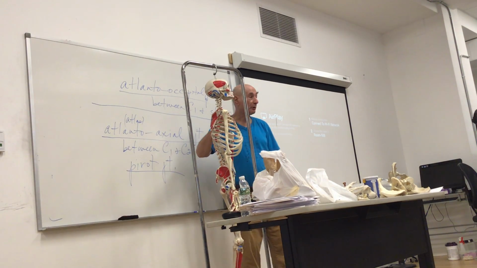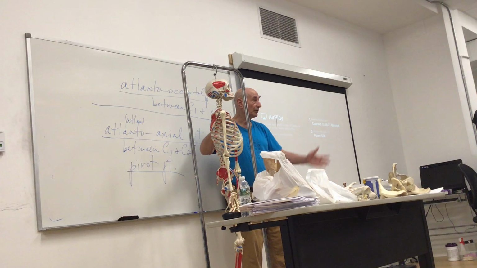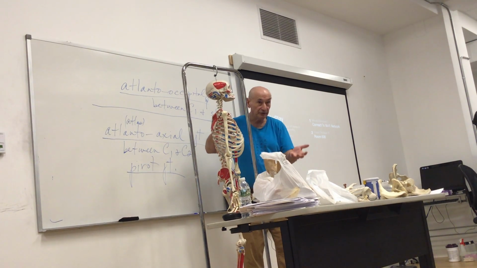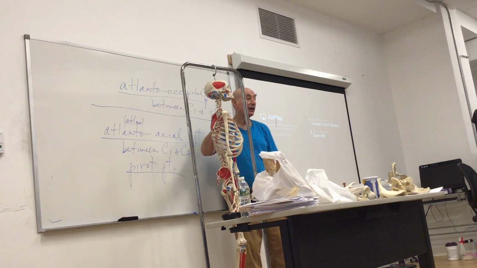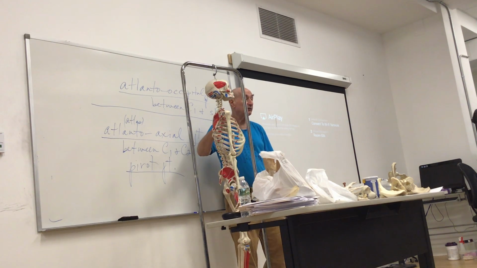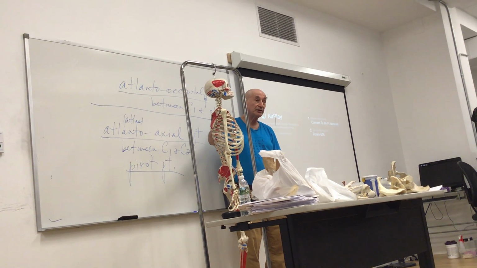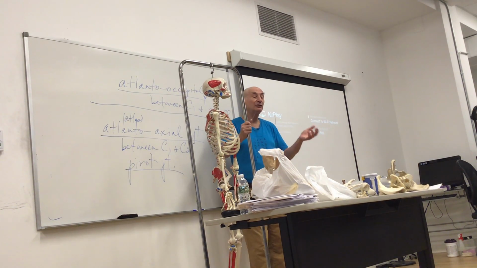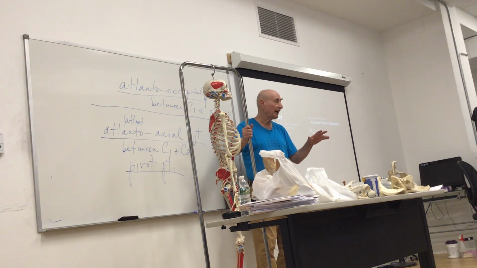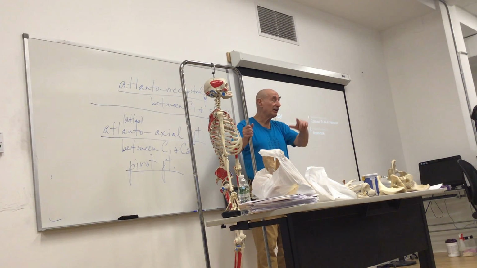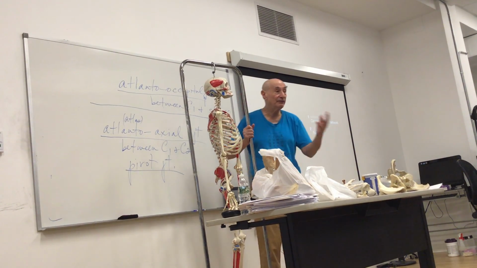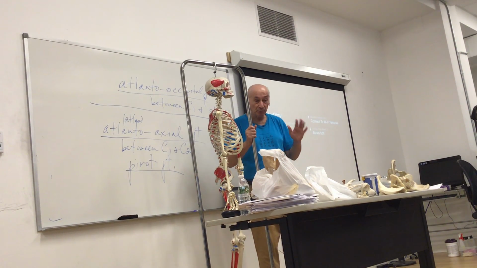What's the total number of ribs? If same choices, what's the total number of ribs? 24, 12 times 2. Total number of ribs is 24. Total number of true ribs is 14. That would mean total number of false ribs, which we almost never ask, has to be 10. 14 and 10 have to equal 24. There's actually 5 pairs, but we don't usually put it like that.